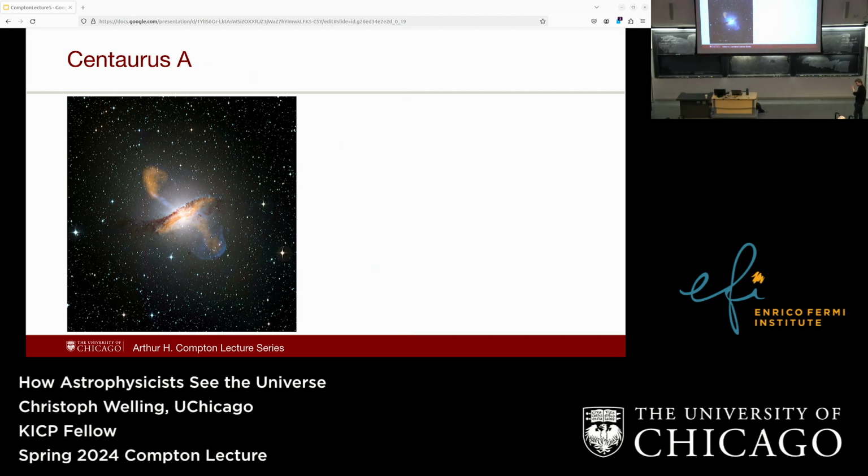But interestingly, there's a really good source candidate just where we see the most cosmic rays coming from. And that is this thing called Centaurus A, and that is one of these quasars that we talked about last week. It's not technically a quasar because in this case you can see the jets are not pointing at us, but it is in radio. This is actually one of the brightest sources we can see. It's fairly close, so it is a really good candidate to be one of the sources of cosmic rays, and it's in the direction where we see the most cosmic rays coming from.